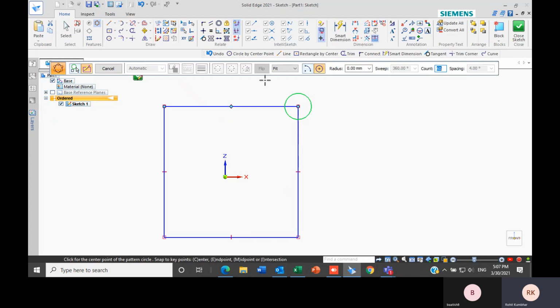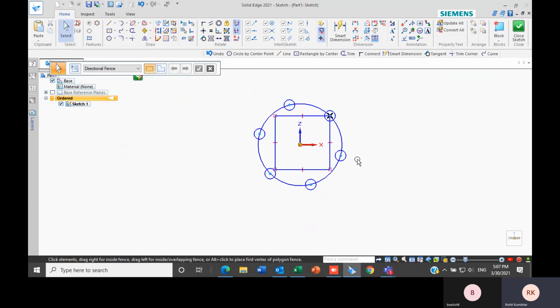Then, as in the rectangular pattern I have to create the rectangle, in the same way, instead of creating a rectangle in circular pattern, I have to create the circle. And I just have to specify the center point and the radius of that circle. Then click on this one. I just have to specify the dimension. I will change the count to 6, and I will use this direction. So as you can see here,